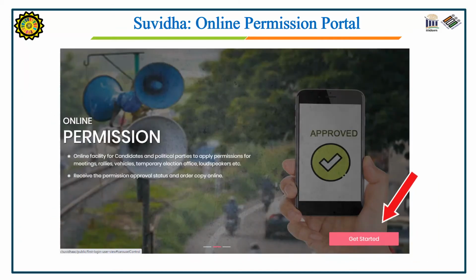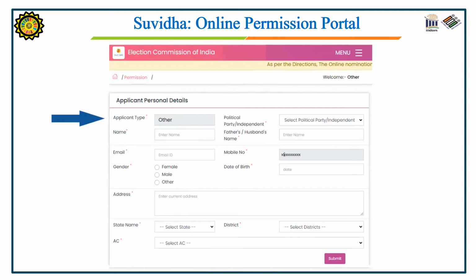Now you will get this window. Again, press the get started button. Now this window will appear on your screen. The applicant type will be pre-filled. Then select the political party name. If you are independent, then select independent. Write your name, father's name, your email. Your mobile number will be pre-filled. Gender, date of birth, your address,